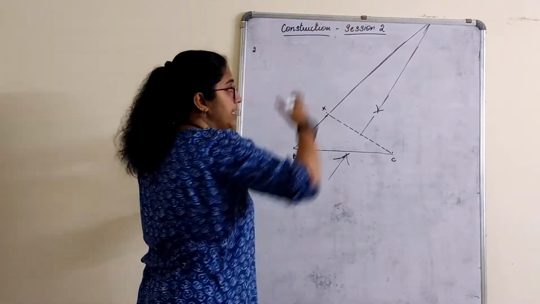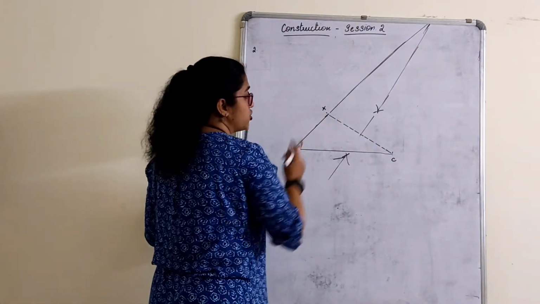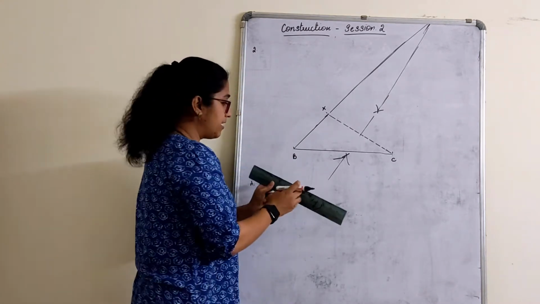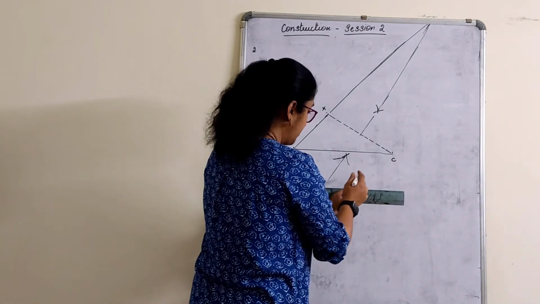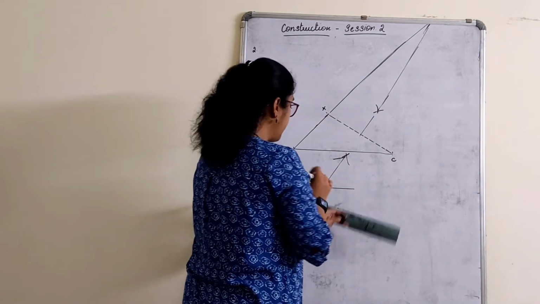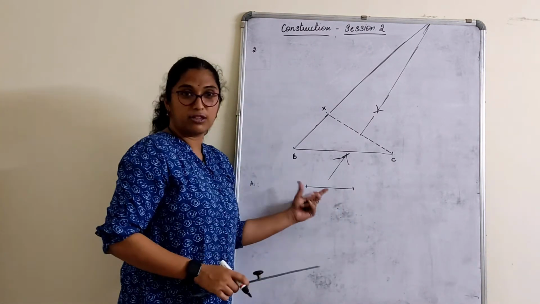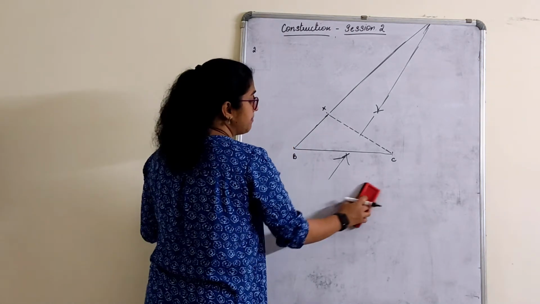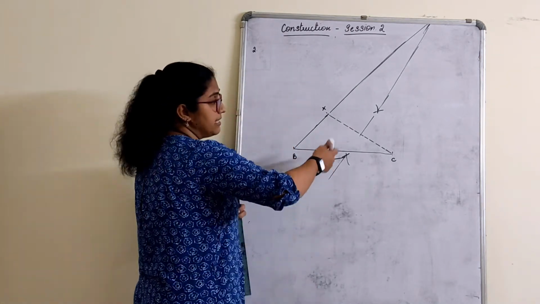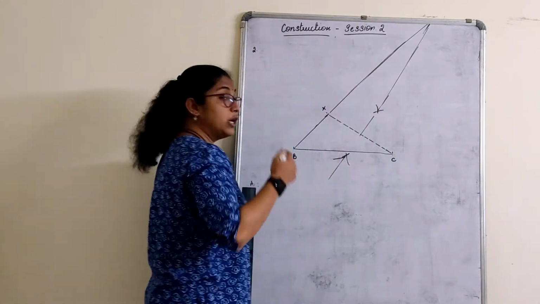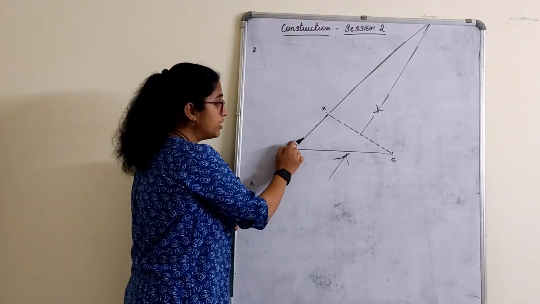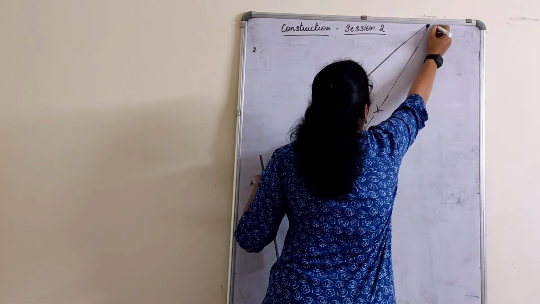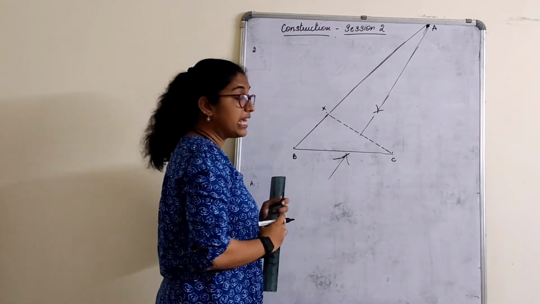Okay. But did you understand what did I do? We have to extend it. Since my measurements won't come, see, if I take 4 centimeter, my 4 centimeter will come, or 8 centimeter, right? My 8 centimeter will come very small. I can't be doing that construction. So I have to consider a bit bigger part here to show you. But did you get my point? When we bisect this line segment, we draw a line. We extend it in such a manner that when BX is extended, it will go and meet at a particular point. That point is A.